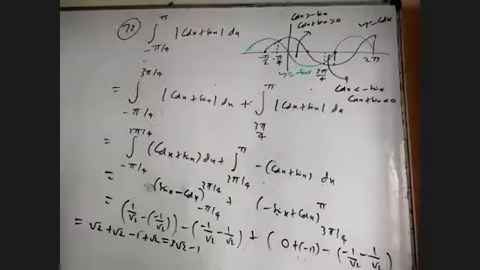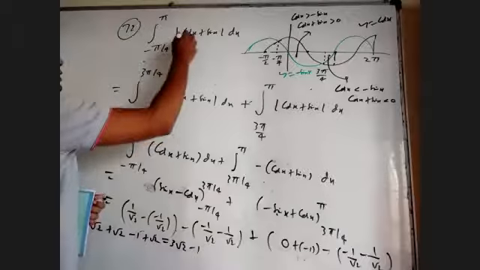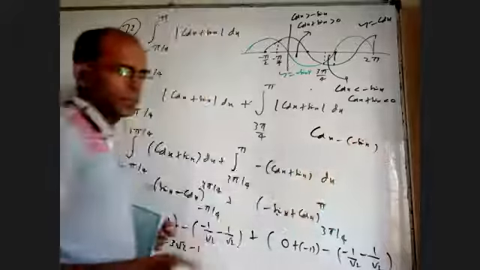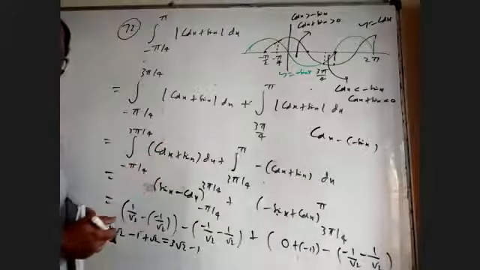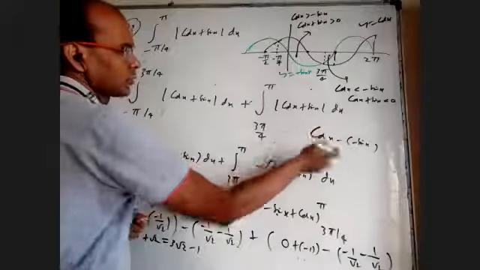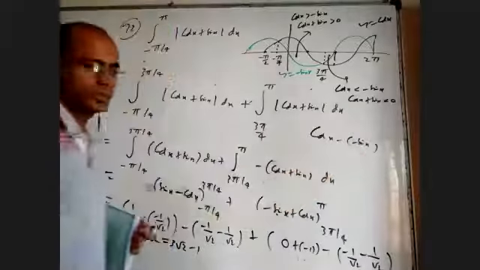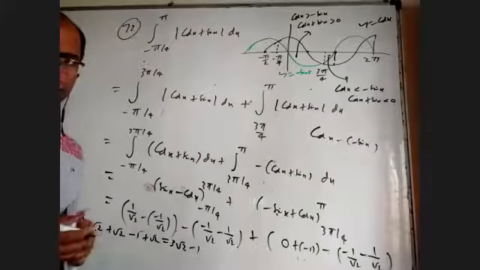Sir, why did you take the y equals minus sin x graph, sir? Because I am interested in cos x minus minus sin x basically. I want to see which is greater. So which is above, which is below. So should I take this one positive or this one positive? So I have to draw the two.